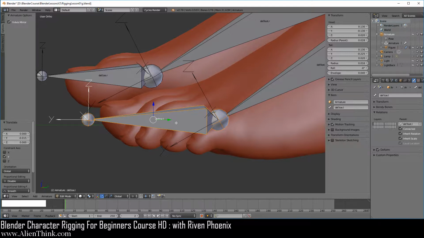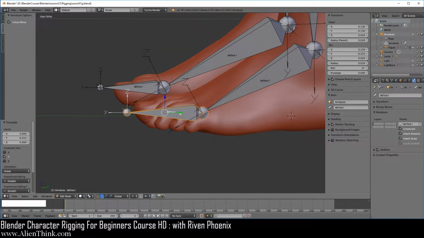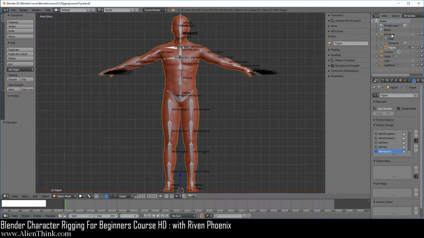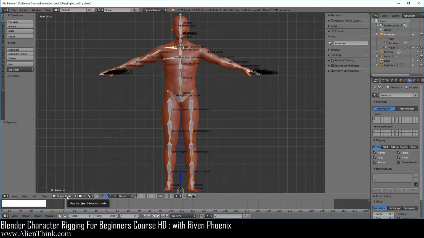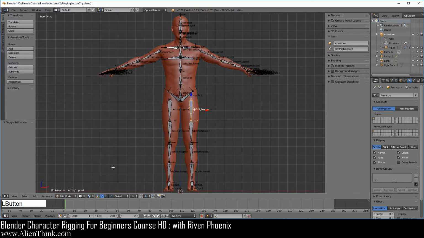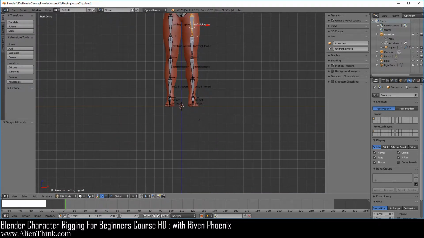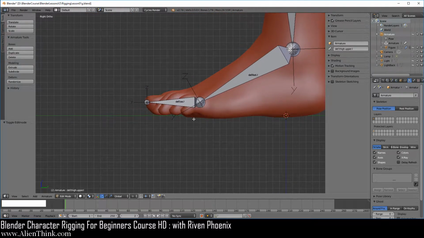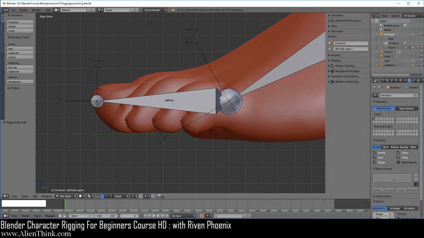It can cause a bit of confusion, so you can think that this is the head of this bone, which it is not. Now, having explained that to you, what I'm going to do is talk to you about something that has to do with bone rolls. So go ahead and reload this file, click on the armature, and switch to edit mode over here, do shift middle mouse button, zoom in and press the 3 key to go to the right view. So now you know how to work with these bones.